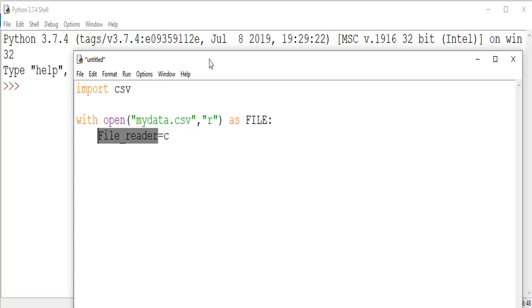This file_reader is an object that will help us in reading the file. csv.reader is a function that helps us in reading the file, and what is to be read is our object, that is file. After reading, we will be printing the data on the screen.